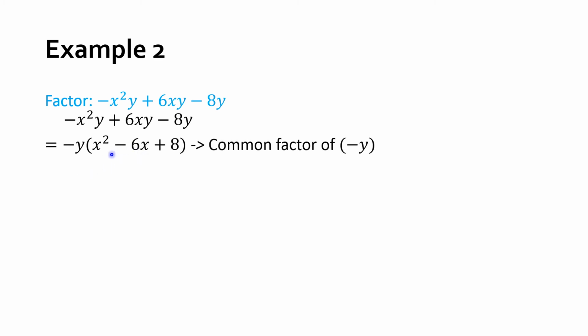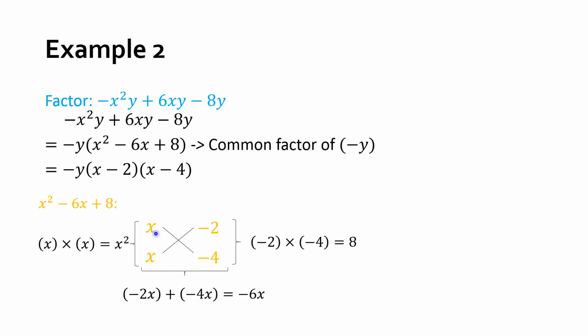Example 2. Factor negative x squared y plus 6xy minus 8y. So this expression is equal to negative y times x squared minus 6x plus 8, because these terms all have a common factor of negative y. So if we try to factor the inside of this, it becomes negative y times x minus 2 times x minus 4, because if we look at this expression,